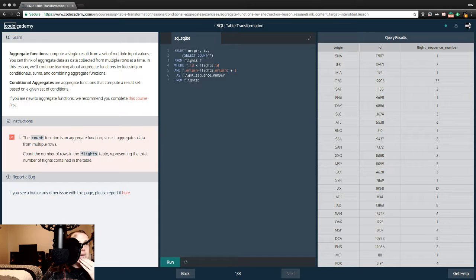No, doesn't like us. Select the count function isn't count the number of rows in the flights table representing the total number of flights contained in the table. I feel like it's going to be a much smaller. This is bad, and now I'm getting cold feet.